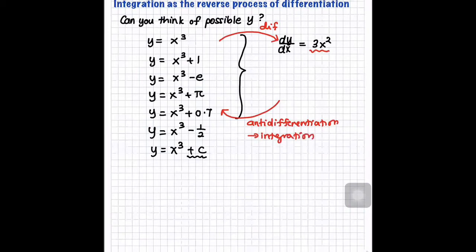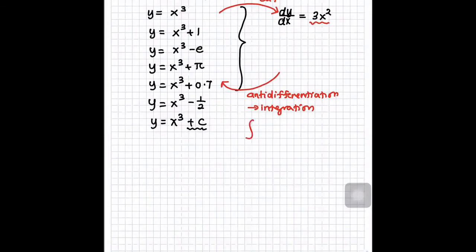So how do I write this, miss? You just write an integral symbol. Integral of 3x squared with respect to x. Your question has an x variable, right? So when you solve this, what answer will you pick? There are so many answers from Richie, from Warren, and there are so many answers here. So choose the best: x cubed plus c.